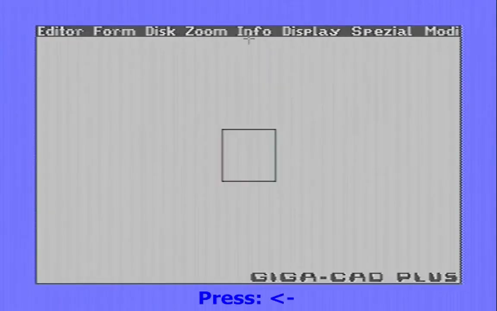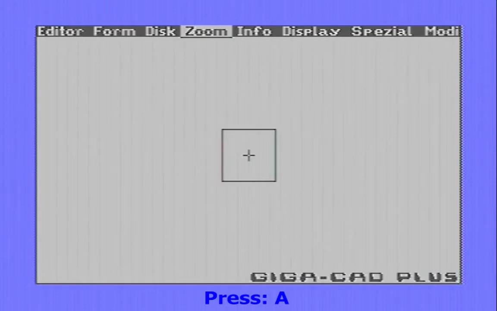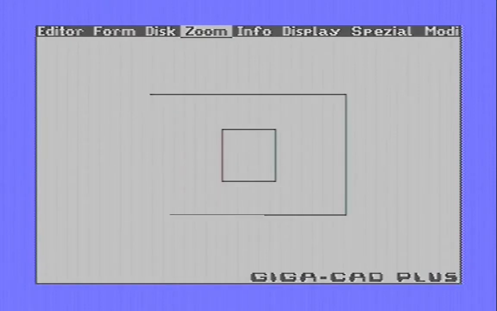Exit. Let's look at the object in perspective. Before we start rendering, we're going to zoom the camera and rotate the object to make the scene a little bit more interesting. Use the joystick to select the border lines, Fire to confirm.